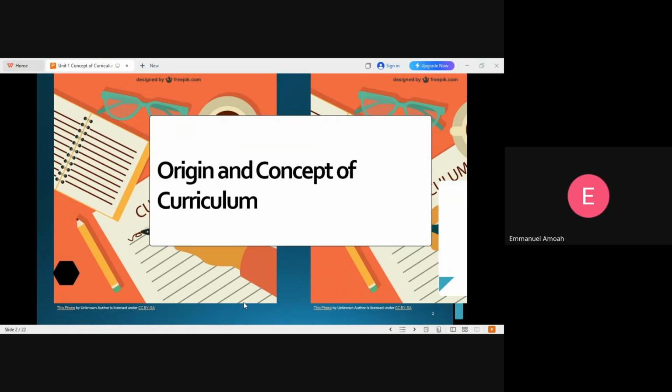With curriculum, we're looking at the sum total of all educational opportunities and desired learning results provided to students under the auspices of the school. So you are quoting Bishop's definition, eh? Yes, please. So what I want you to appreciate is that when you understand the concept itself, you can maneuver it in your own way.